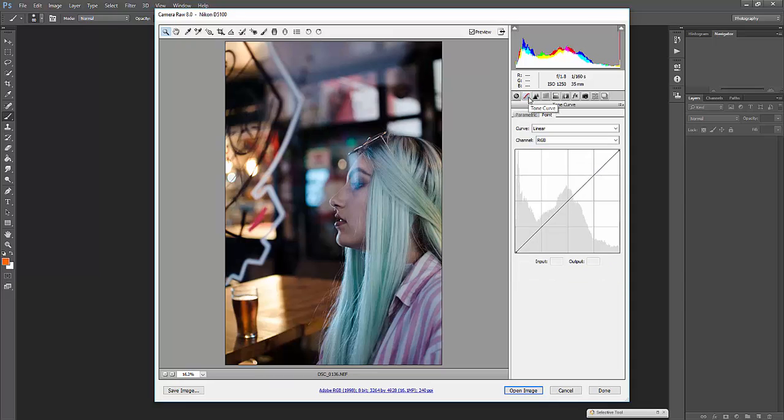Now let's go to the tone curve, and this is something that I really like. Sometimes I do it within the camera raw features. Sometimes I just add layers of tone curve inside Photoshop when I edit the photo. Let's see what we can do here. Something that I love doing is crushing the blacks